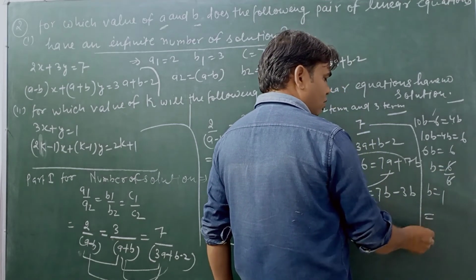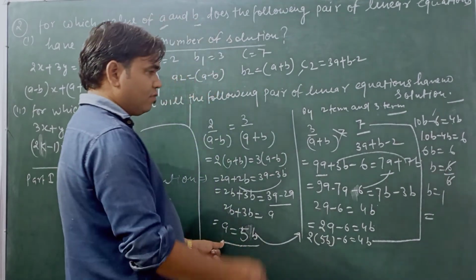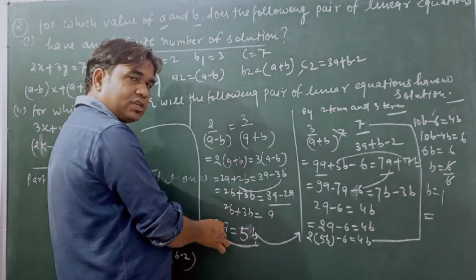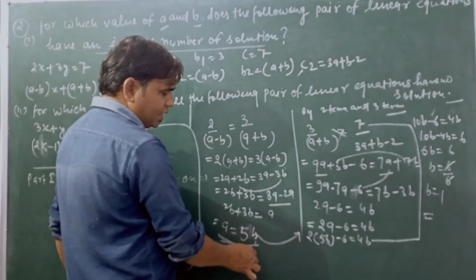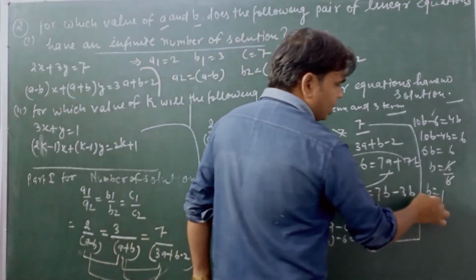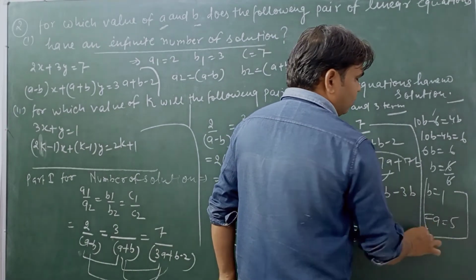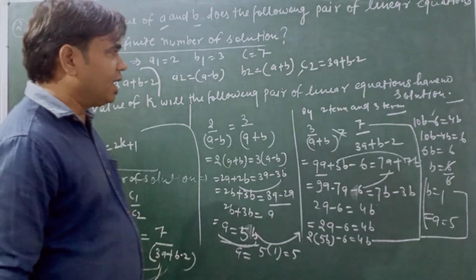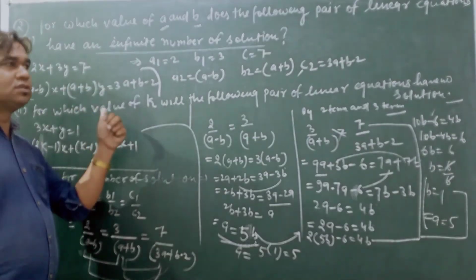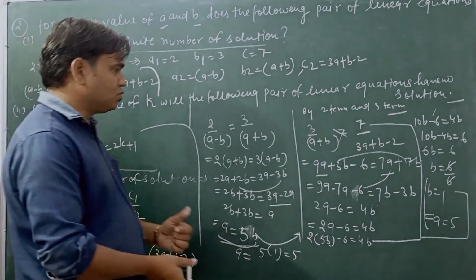So the value of a: put the value of b in this equation. So a equal to 5 into 1 equal to 5. So b equal to 1 and a equal to 5. So this is the value for a and b. So students, this is the value, and after that you see here